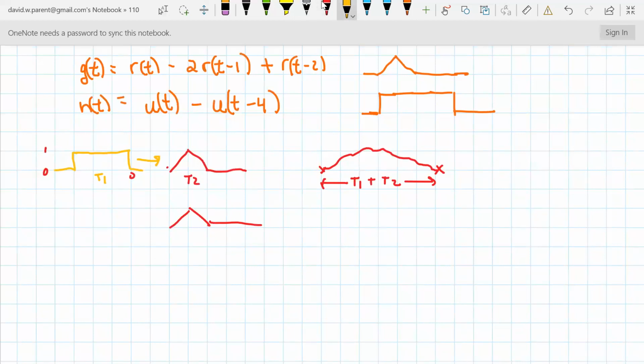Well, there's no overlap here, so I'll draw it until something's overlapping, right? And then I say, well, the area in question is this times this integrated. So I have something that's a constant, and I have something that's linear. So when I integrate that, I've got to get some kind of t squared divided by 2. Maybe it's scaled differently, maybe it's delayed, but there's something like that there. Then the next spot,